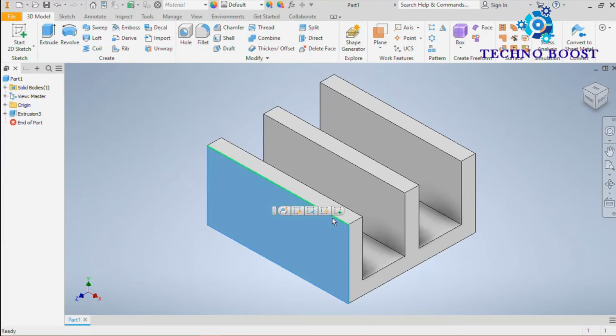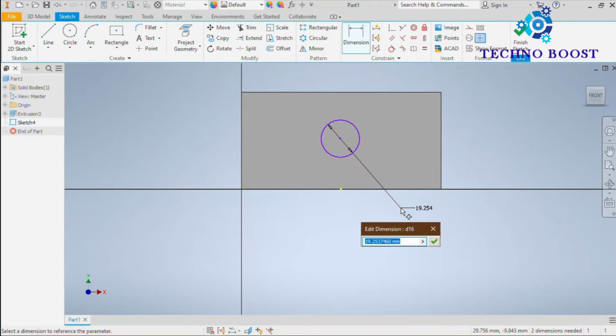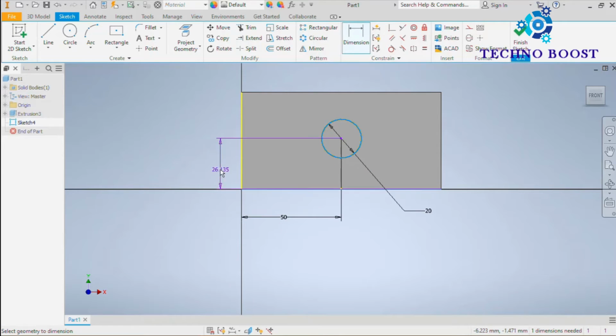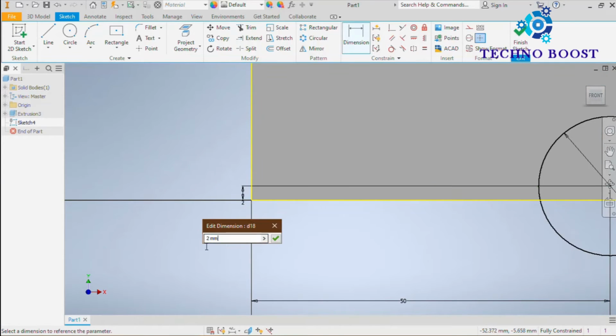Okay, let's select this face and create a sketch. Draw one circle having diameter 20. Let's fix it. This is 50 and this is 25.